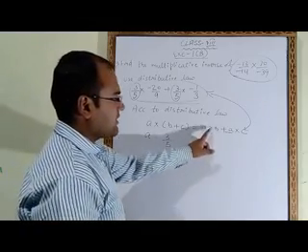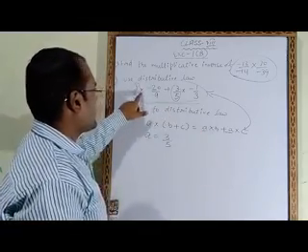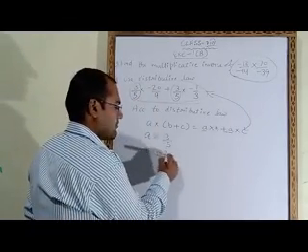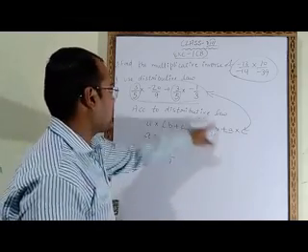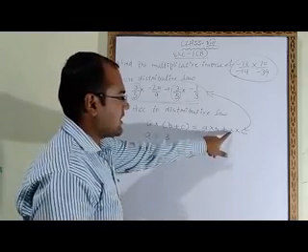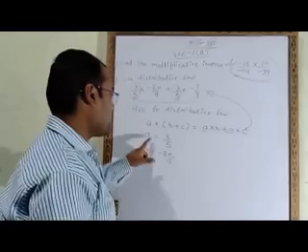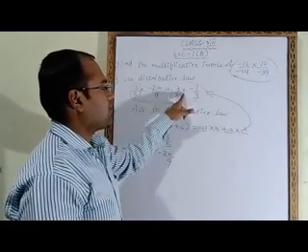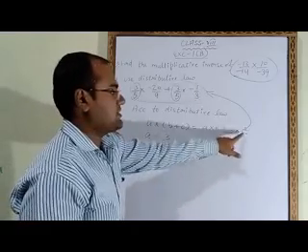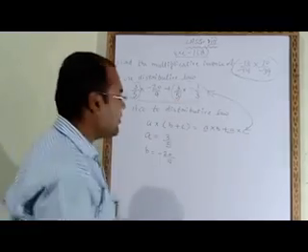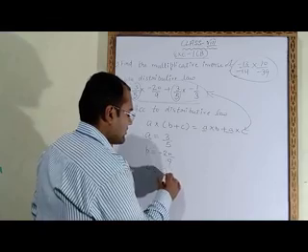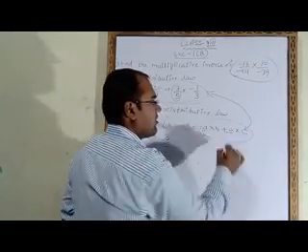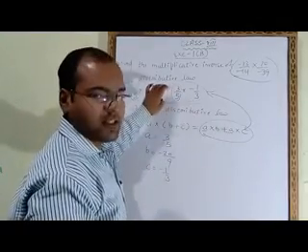Now after A what is written? Multiply B. Here it is written multiply minus 20 upon 9, that means B value is minus 20 upon 9. Plus sign here also and here also. This is A value is 3 upon 5, that we had already written. Multiply C. So here it is written multiply minus 1 upon 3, that means C value is minus 1 upon 3. So what we had observed here, this side of the law is given in the question.